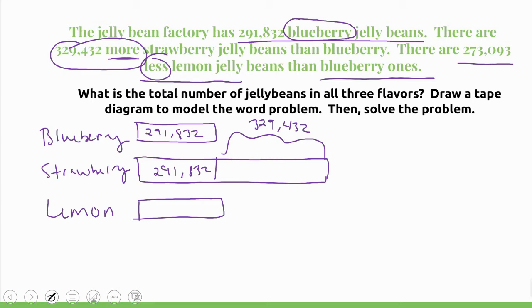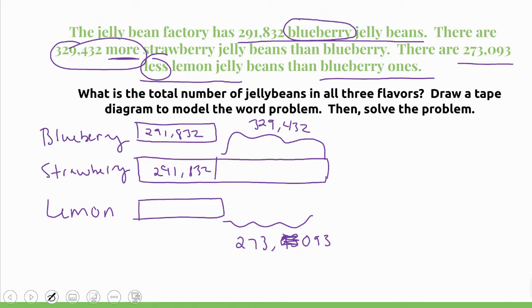And this would be 273,093. Oh goodness. Less. Okay, so now we need to figure out all three flavors. How many we have in all? Okay, so we know we have that